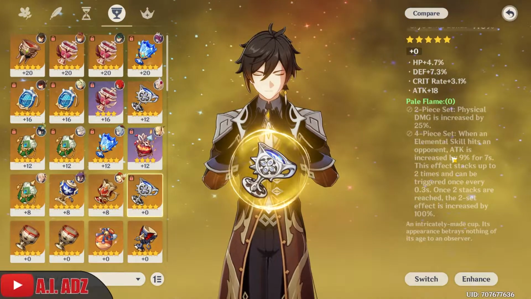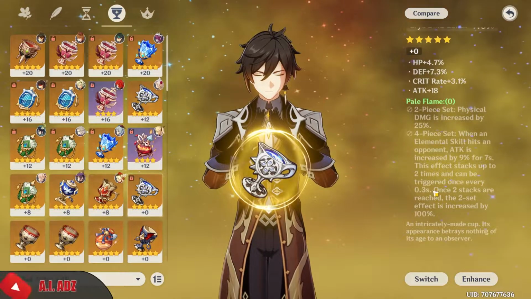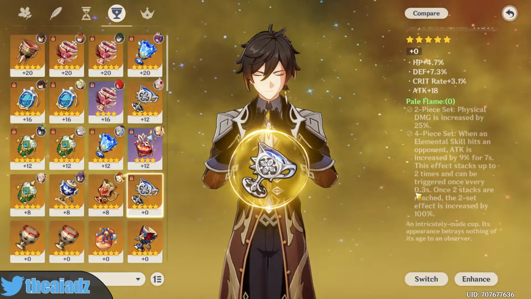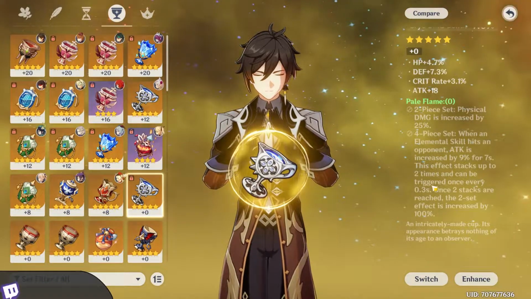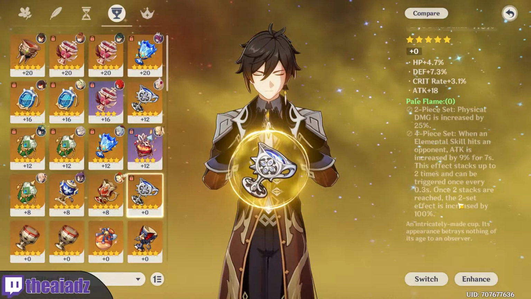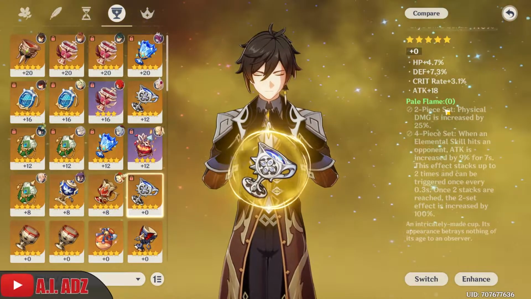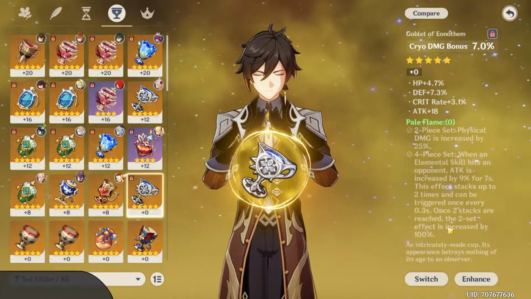But either way, long story short, it's OP and it increases the physical damage by quite a lot, honestly. So if you're running a physical damage build, then the 4-piece Pale Flame is definitely the way to go, because of the 4-piece effect. It's pretty nutty, honestly. And then obviously substats, you want to get as much crit rate, crit damage, attack percentage, and